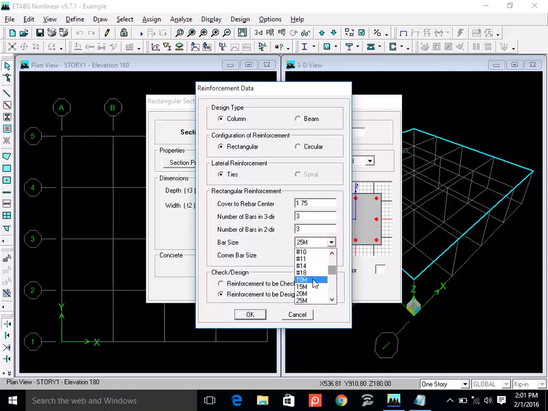For example, number 10, 15, 20. As I told you, there are different designations from different parts of the world, but don't worry about the size right now, because we are designing the column, the size won't matter. Okay,